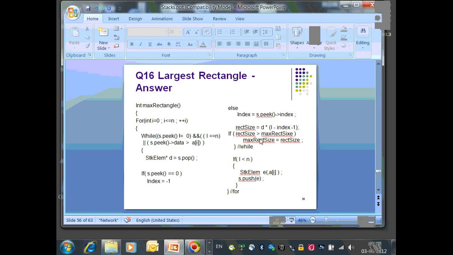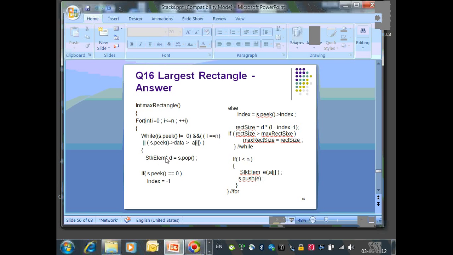And now when we again go back to the while condition, we would see that the stack is empty, so we would not enter this while loop and would just push the element 1 onto the stack. And then we come to the finishing loop, and so this is for i equals 4, we check if i equals n, we would enter the while loop and basically compute the